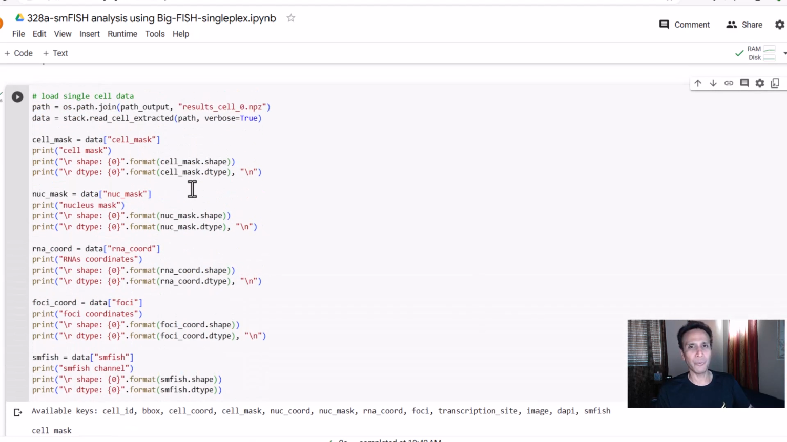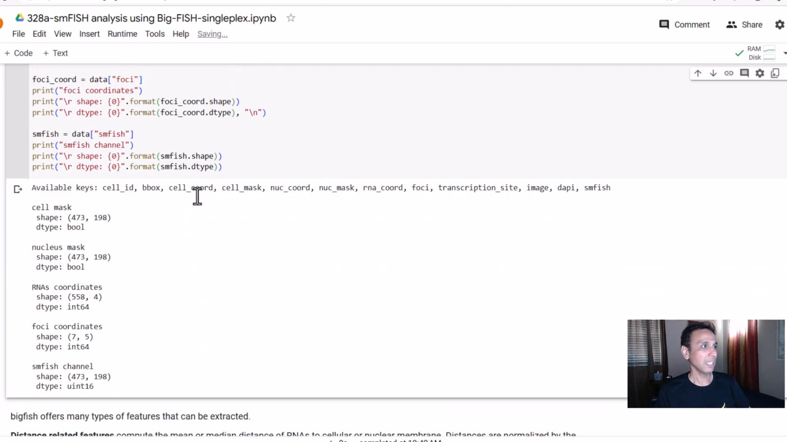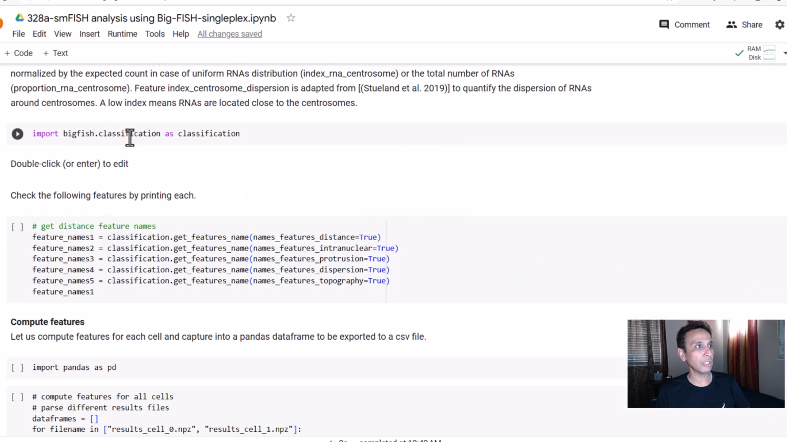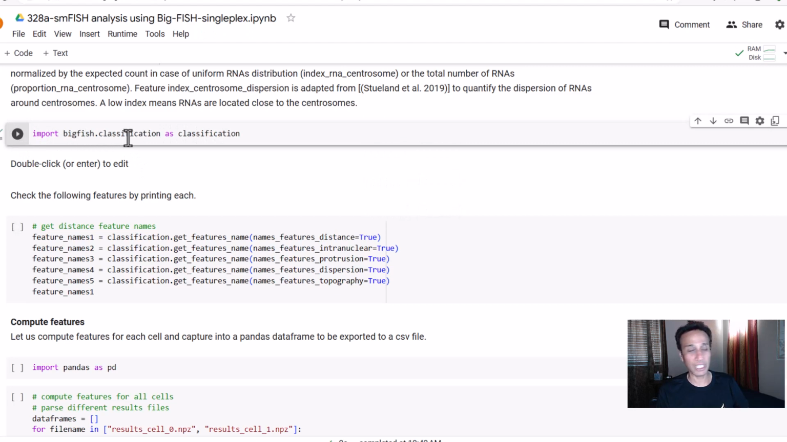Again, we keep saving and loading, but I promise I'll put all of this into a single function, so we don't need to worry about all this saving and loading. All of this is just so you know exactly how to work with this. Once we load all of this, now we are going to import a function called classification within bigfish.classification,